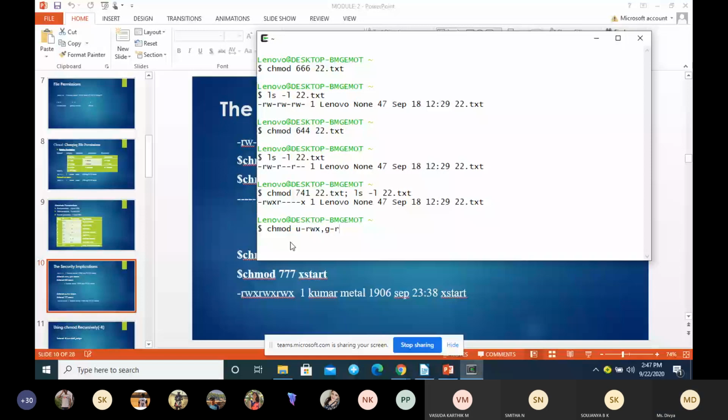Relative or absolute? What mode of permission is this? Relative. Okay, the relative permission.